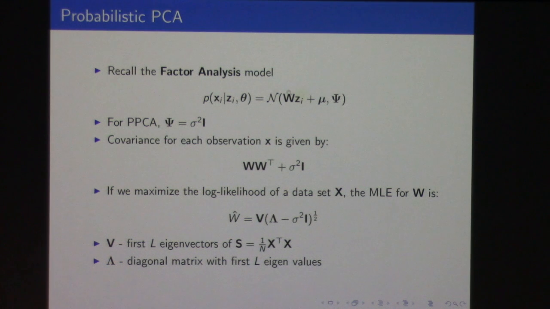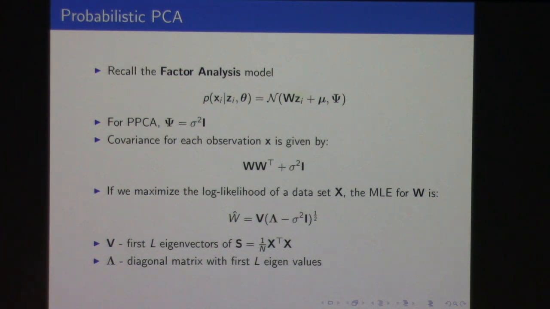Very similar, right? In probabilistic PCA, what we do is we force this psi matrix to be just a diagonal matrix with exactly the same values, which is sigma squared. We force this mu to be 0 actually, okay? And then we also force that W is an